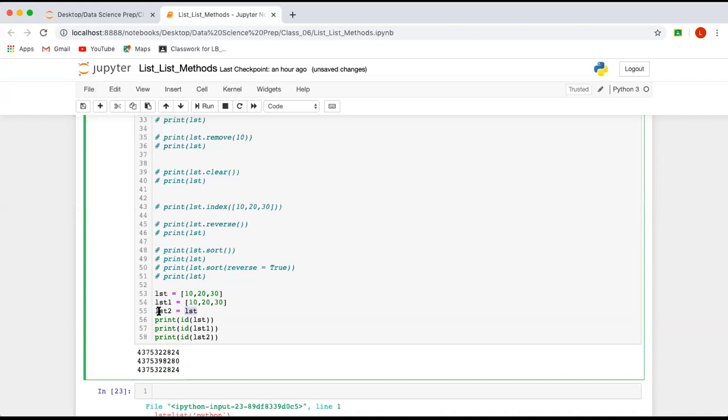Why? This is called assignment operation, or also aliasing. Aliasing means one name already exists for this object and you are giving another name to that object. So for the same object you are giving different names.